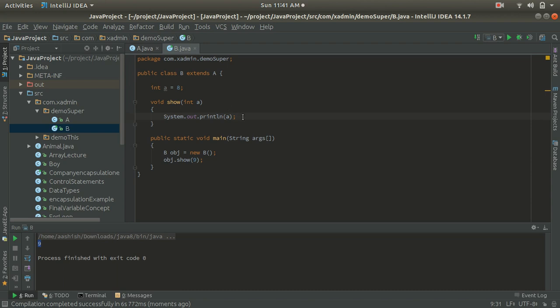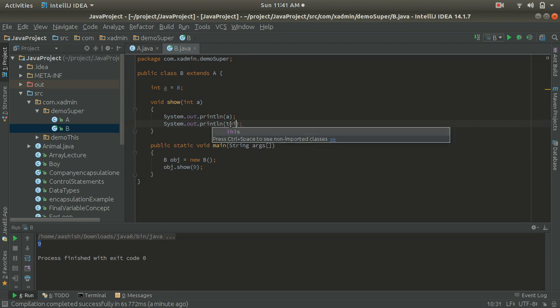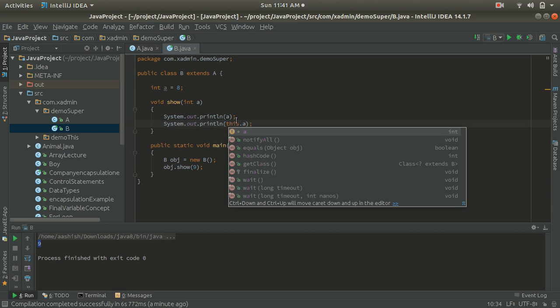We know that the this keyword is a reference variable which refers to the current class. Here the current class is class B. I want to display the instance variable a value. So what I will do is inside the SOP I will write this dot a.